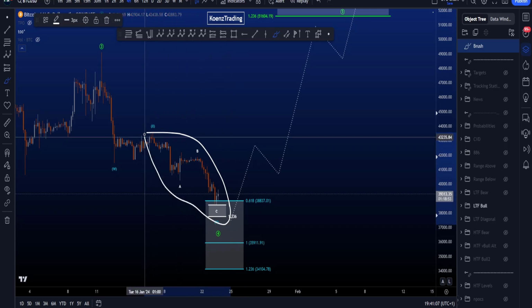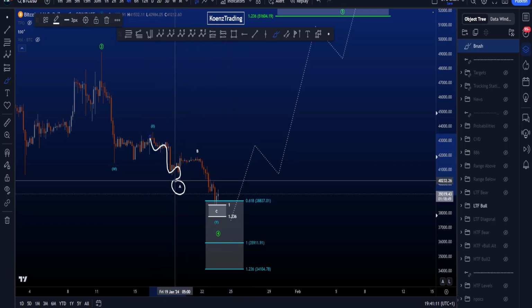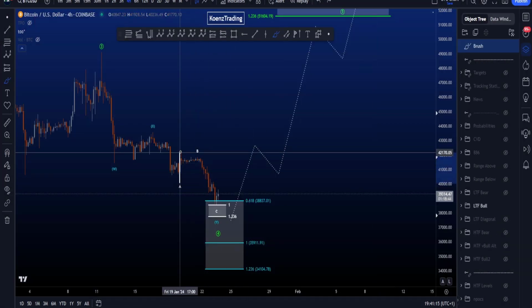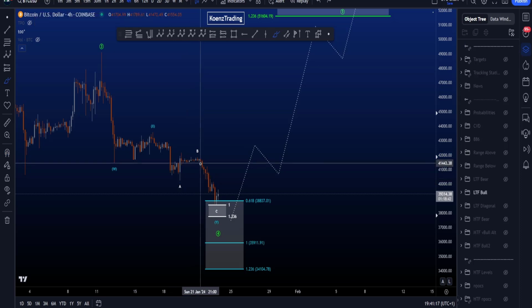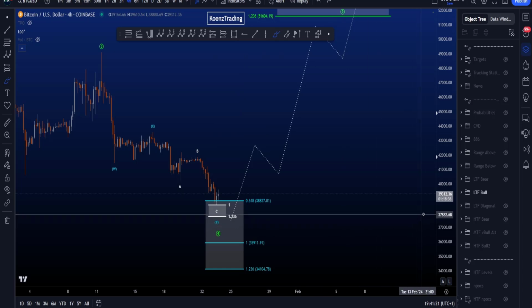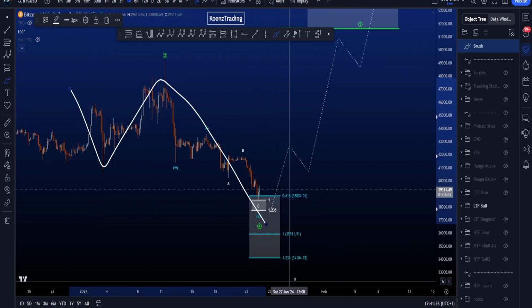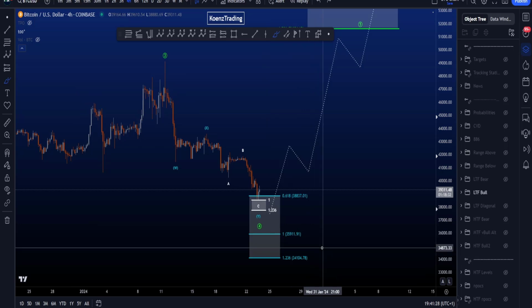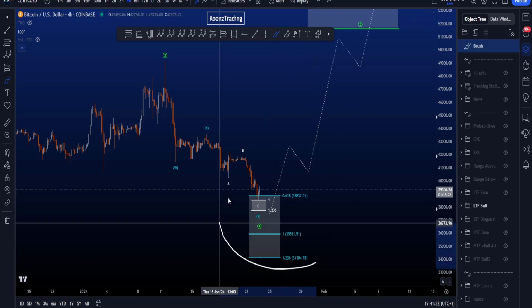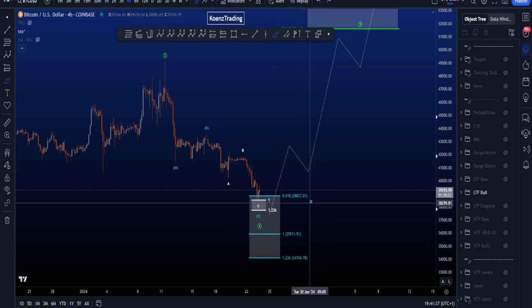Now the local count over here is not very nice. You need a 1, 2, 3, 4, 5 in A, which is a little bit awkward on the lower time frames. This being a wave B is also a little bit of a weird wave B here, and then we need a 5-wave structure down in C. But this is pretty much at the moment the most bullish count that one can have, unless we are looking for a flat structure in an ABC, which of course is also an option compared to this one that I have on the chart. Now for a wave Y, the common target here is between the 0.618 and the 1.236,